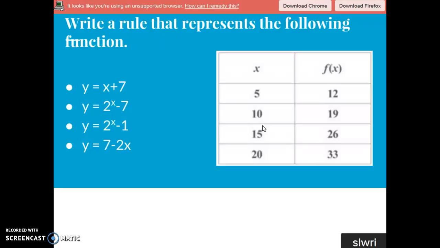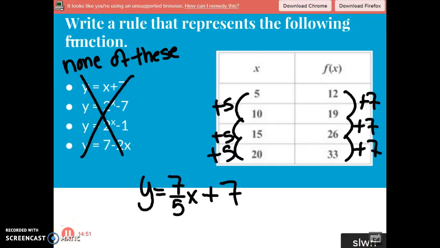Write a rule that represents the following function. Well, why don't you try this and we will come back to it. Hey, you were a little tricky with this. Notice that my rate of change for 7 for the